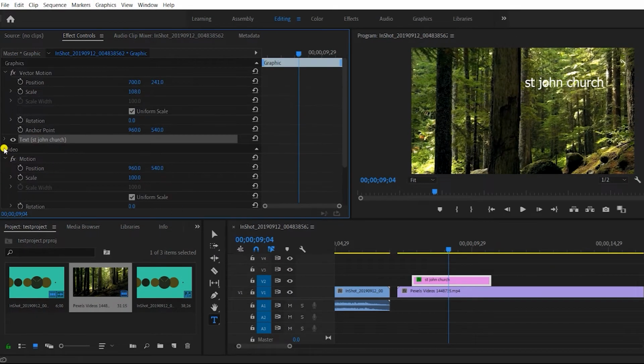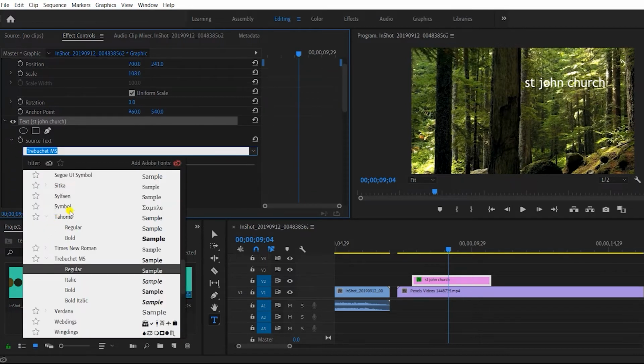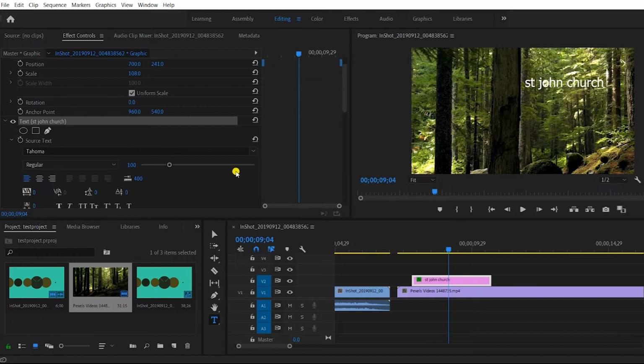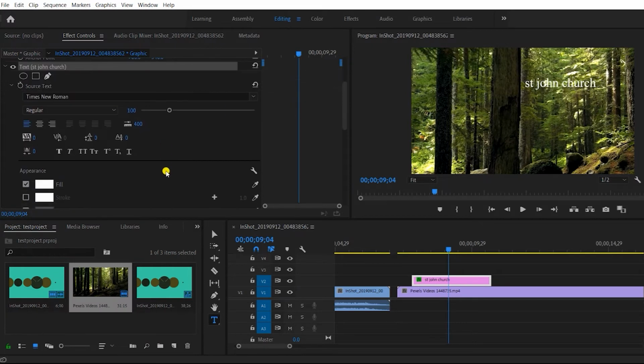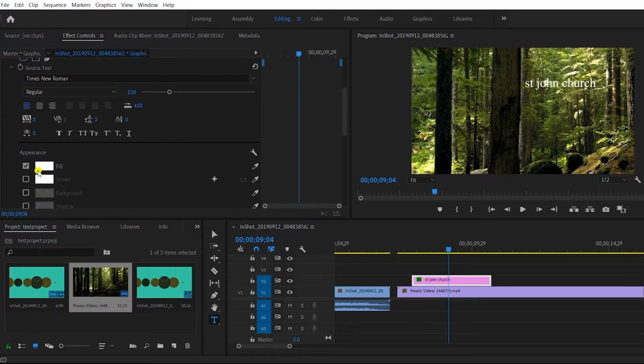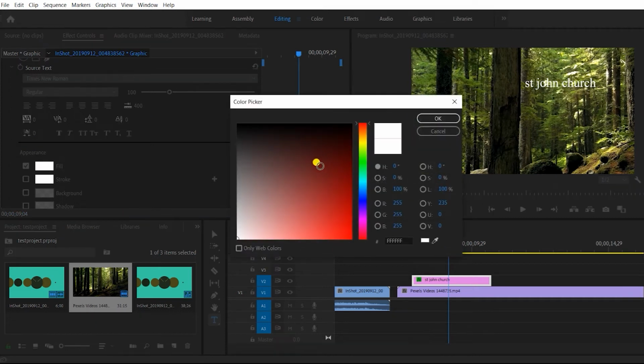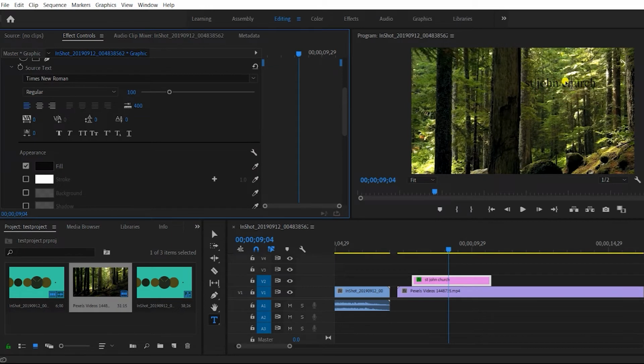Again, you have to come to this section, you have to press this arrow, which will give you more options. Here you can change the font. So right now it is a regular font, as you can see. So from here we can change the color. So right now the color is white, so you have to just click it over here, and then you get this color panel where we can select color of the text, any shade which you want. I'll choose black because the background is light.